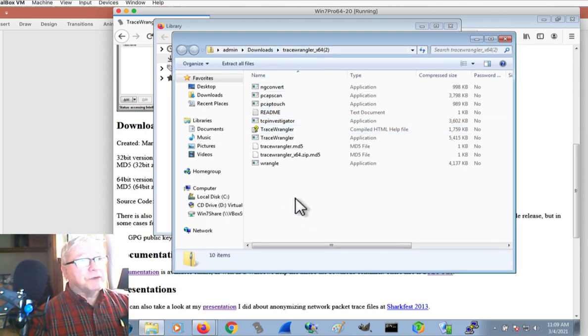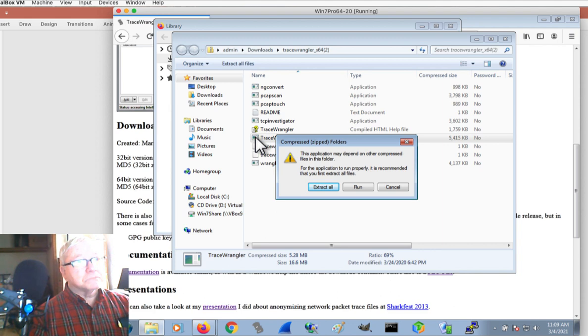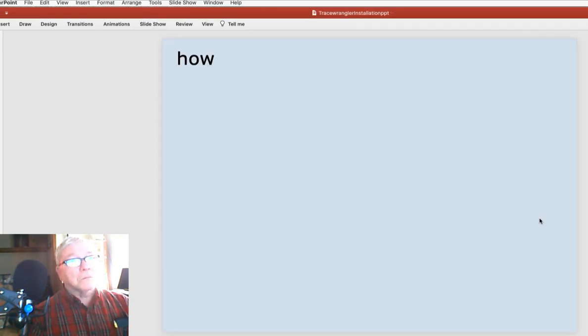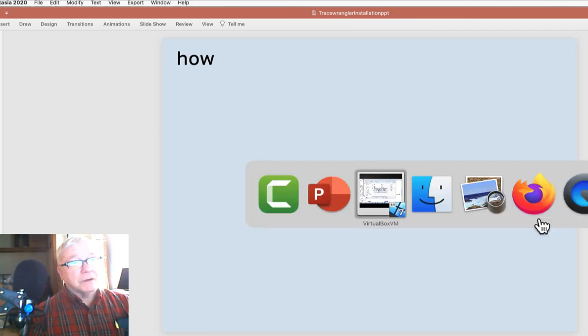So now I'm going to go ahead and open that zip file, and here's the MD5, here's the application itself, here's some additional applications.